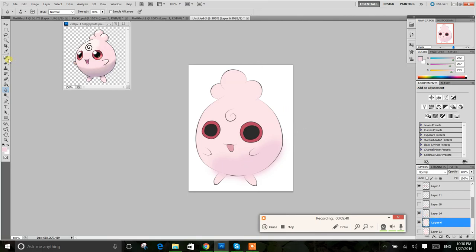And if you're coloring outside of the lines, you can just select the outline here and then go back to the layer where you're shading on and then press delete. That will delete outside of the lines. That actually doesn't look too bad. The first time I did it, it looked horrible. But yeah, so then you've got that. Or you can also